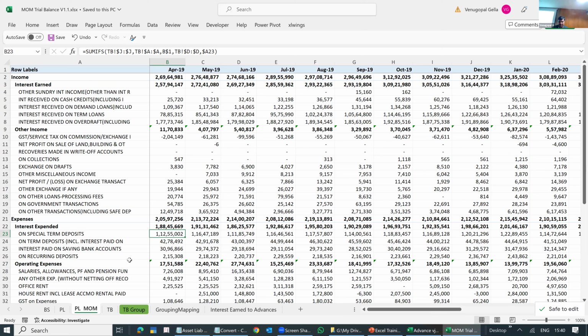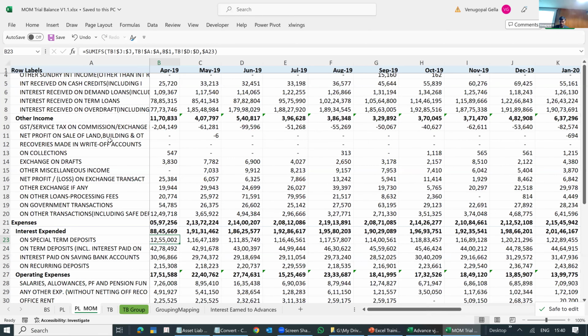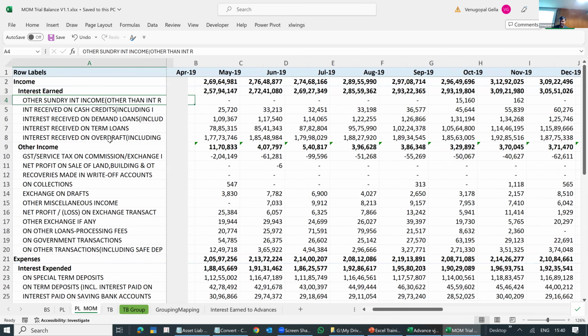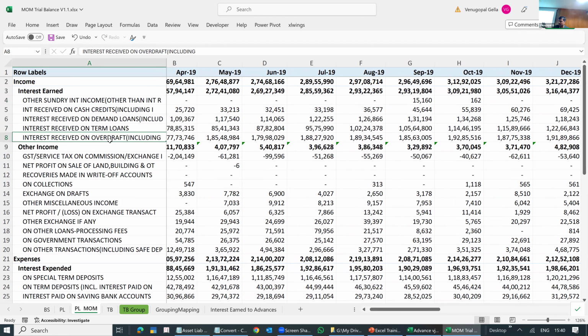Before the tea break, someone was asking how I got the month-wise trial balance. The first time, there will be some difficulty, and you always feel, is it worth spending so much time? The answer is yes, it is worth it, because the first time it will take time. If I am doing it in 1 hour, it may take 1 day for you the first time. After that, you will also do it in 1 hour or 10 minutes.